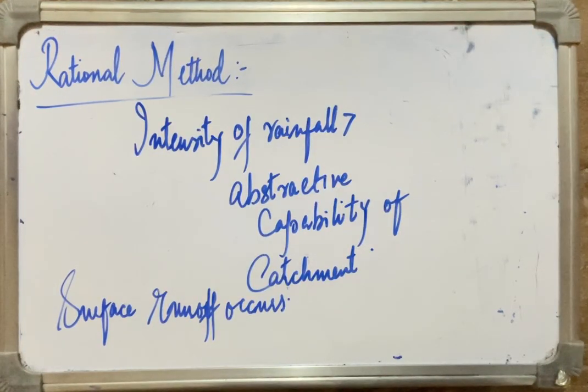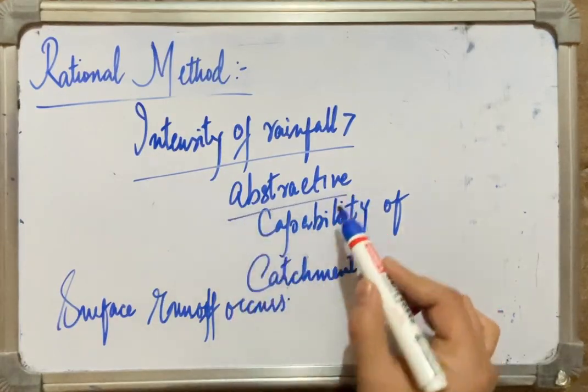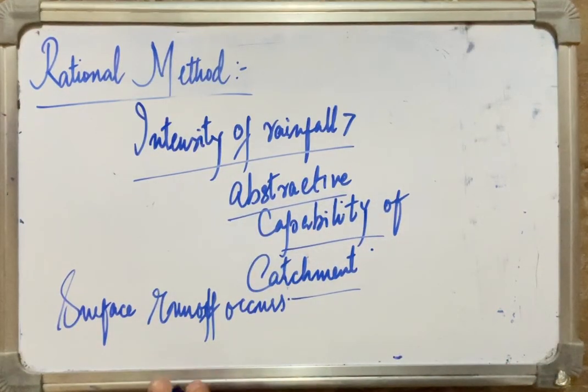And we already came to know that this surface runoff is the quantity of water which remains on the surface after all the losses, right? Because all the rainfall which is coming down on the catchment is not available for further use. Some of it is lost in evaporation, some in percolation and interception, and some in transpiration. All that quantity that remains available is known as surface runoff. And we also know that when the intensity of rainfall exceeds the abstractive capability of the catchment, the surface runoff